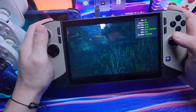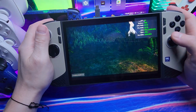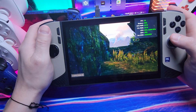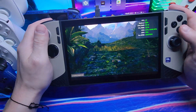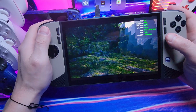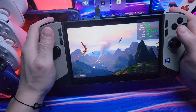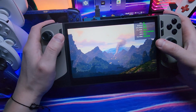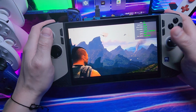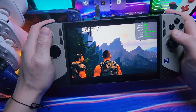Shit. That was a dinosaur. But this is one of the... It's a playable game, it's in the green, but it is tricky and does have its issues. The only thing I've noticed that it doesn't have is on the Z1 Extreme with the Legion Go. It plays just as well on the ROG Ally X, except the beginning scene I had more... it had the same kind of issues as this, that there was stuttering, but on Legion Go Z1 Extreme there was nothing. I don't know why. Again, it could be the additional RAM, but...